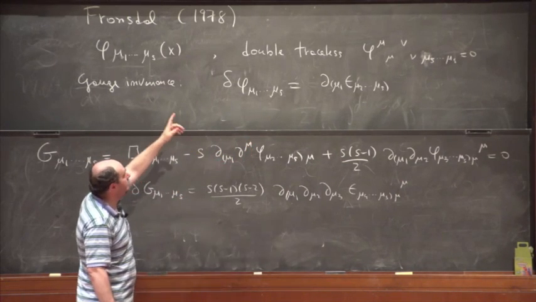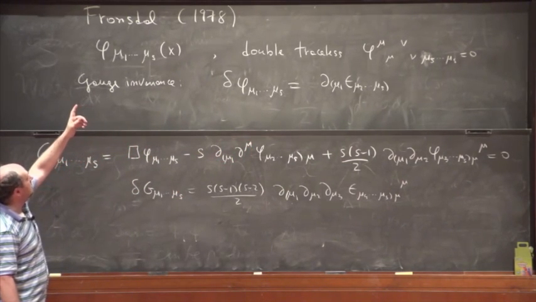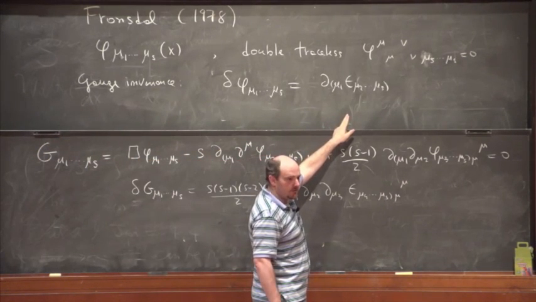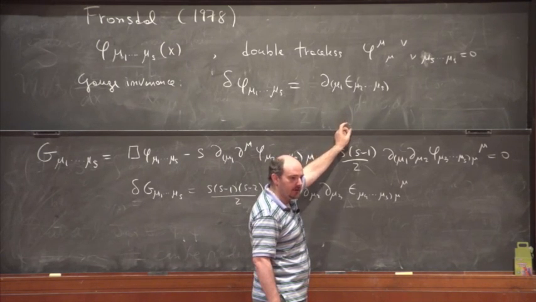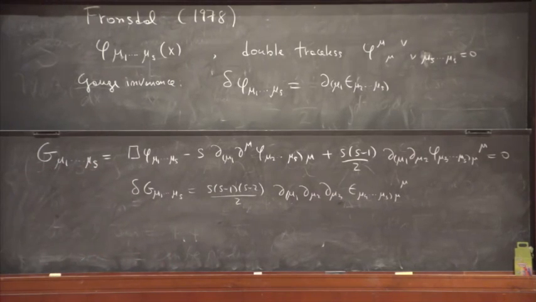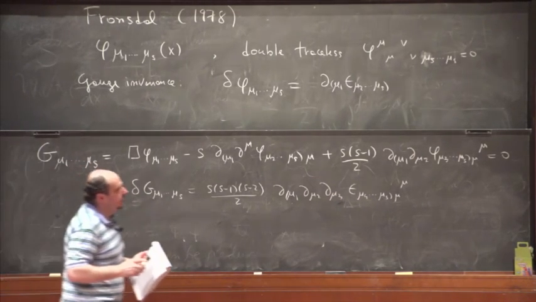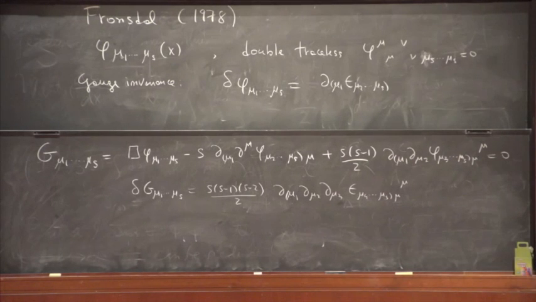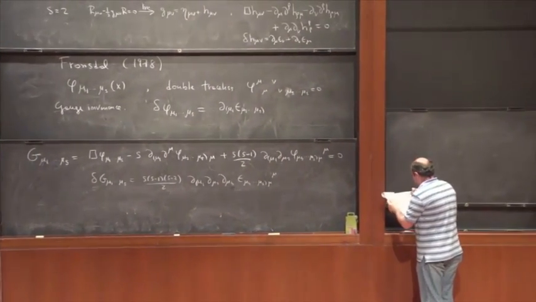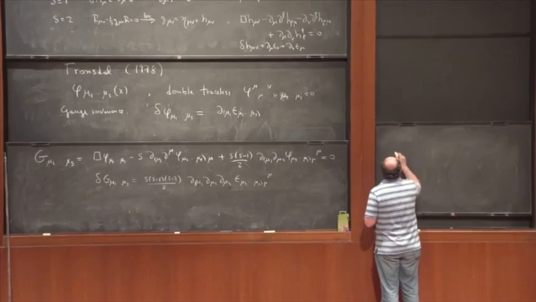Okay, so the generalization of the spin 0, spin 1 and spin 2 gauge symmetry involves a spin S minus 1 gauge parameter, which is supposed to be traceless for gauge invariance to work. Okay, and these equations can be derived from a Lagrangian. That was indeed, I think, one of the main points of Fransdal's paper, that you can have some Lagrangian equation of motion for these massless fields. And the Lagrangian has the following form: the action